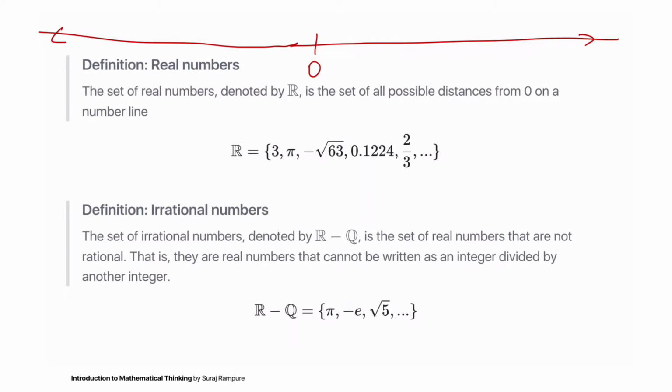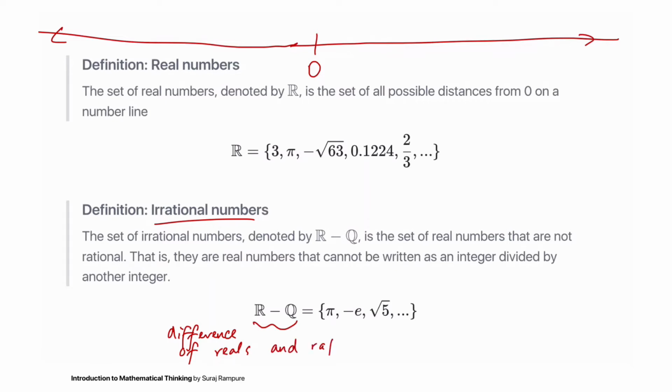Okay? And this definition is a little abstract, but a real number is essentially anything that was a rational number plus numbers that cannot be written as rational numbers. And that's where the irrational numbers come in. So the irrational numbers are denoted by R minus Q. So it's the difference of reals